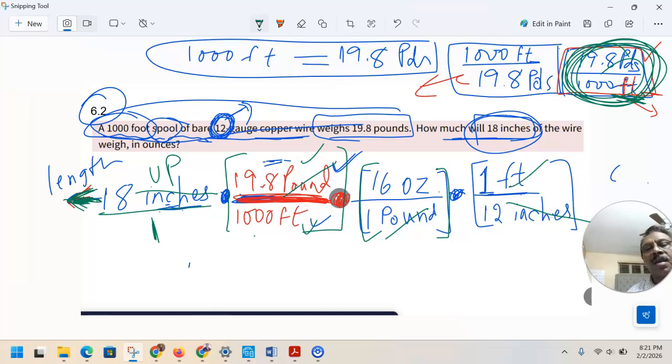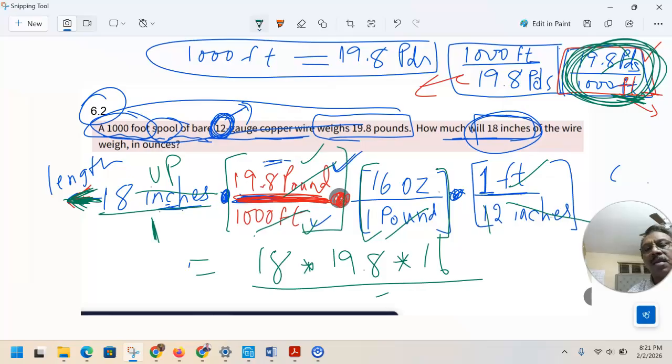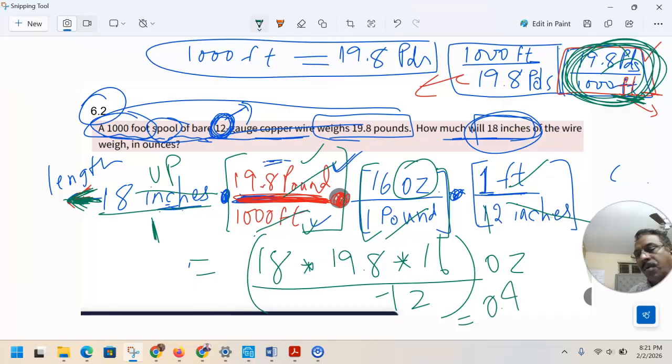The feet and feet will cross out. What I left is 18, and you divide by this 12. All this answer is in ounces. See, this will be the answer. And you end up getting 0.4752